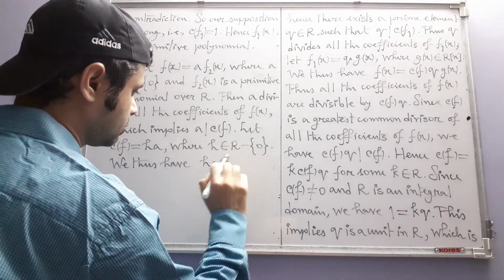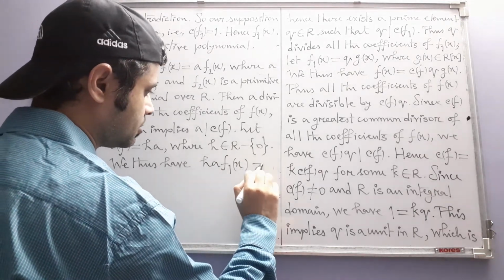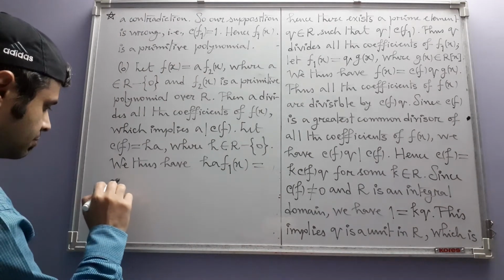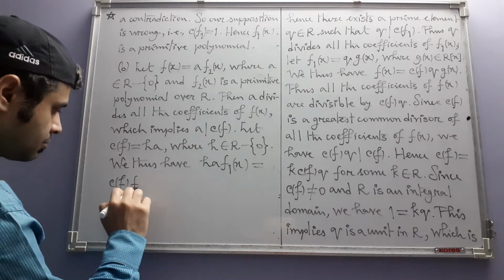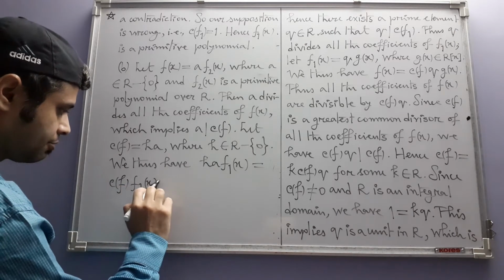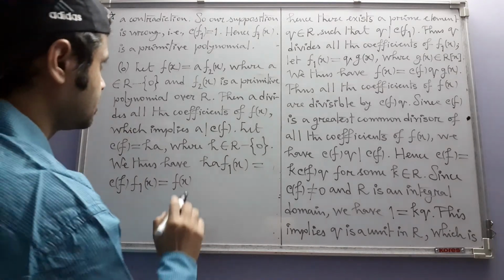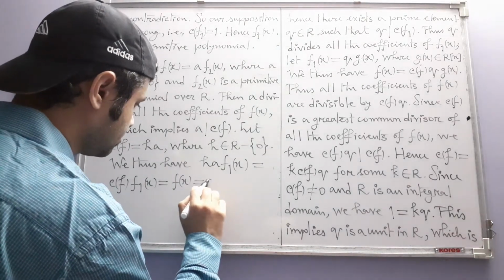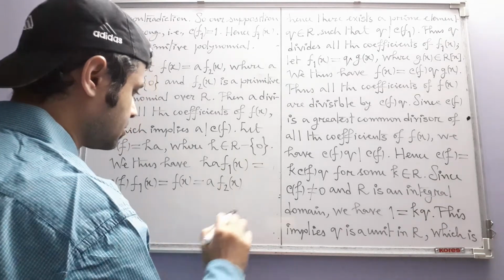HA f1(x) is equal to, HA is CF, f1(x), this is equal to f(x), and f(x) is A f2(x),